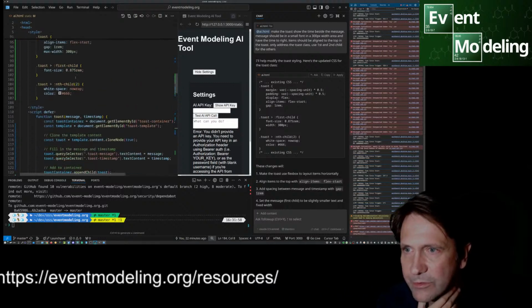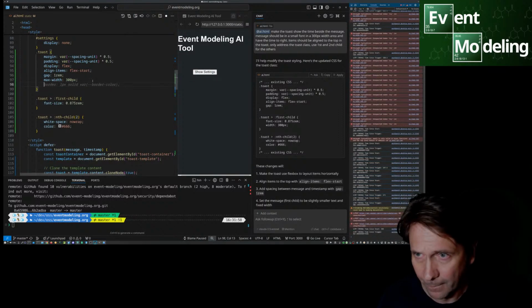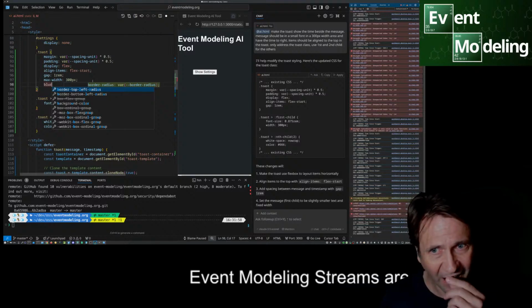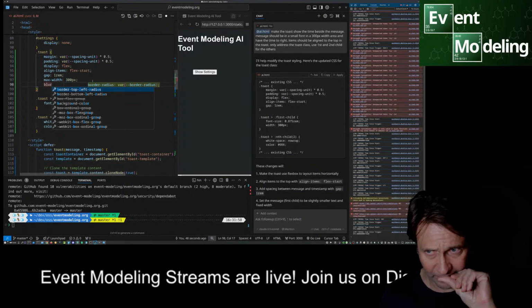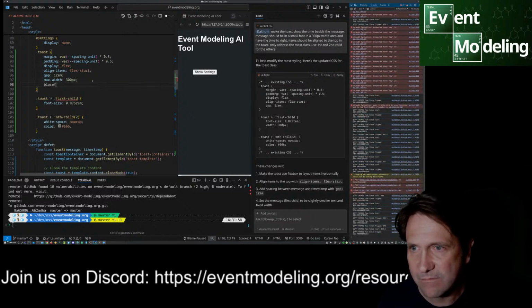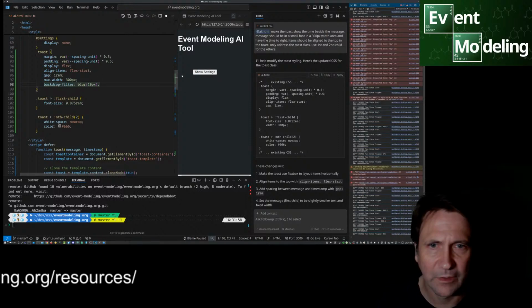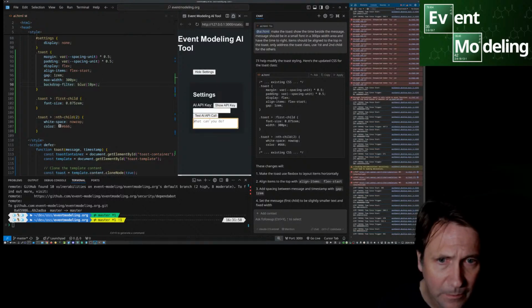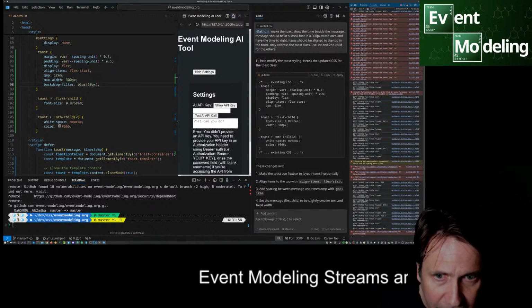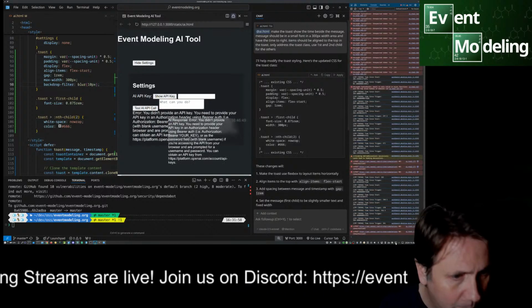Where are toasts? Toast. Blur. Nope. Effect. Is that going to be better? Oh, weird. Okay, that's